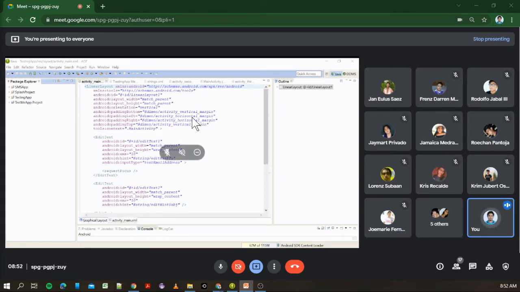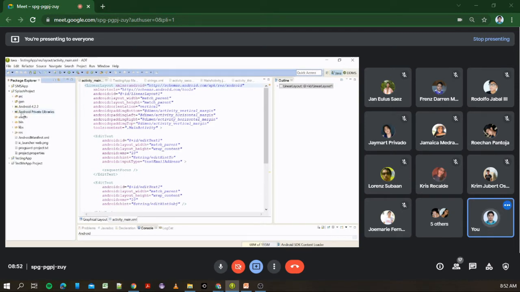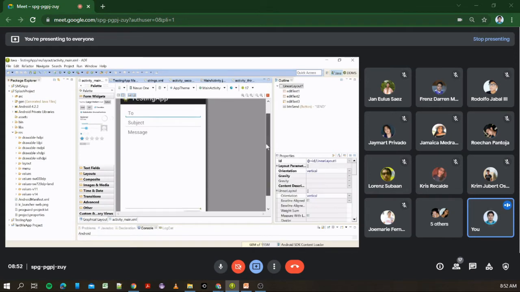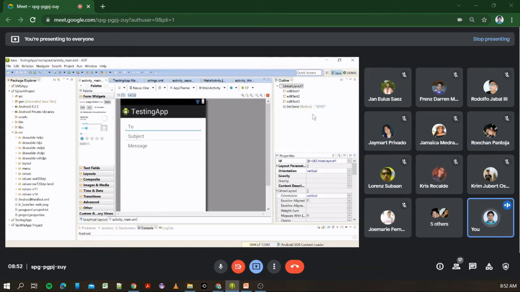So, pagdating dito sa ating Eclipse IDE, for example, kung i-open natin itong isang project na to, yung layout na sinasabi natin, ang example nun ay ito. Ayan. So, pagdating dun sa view group na sinasabi ko kanina, kung mapapansin natin dito sa ating outline view, dito sa bandang gilid, ito. So, ang view group na ginagamit natin ngayon, nitong layout na ito na nakikita nyo sa screen, ay linear